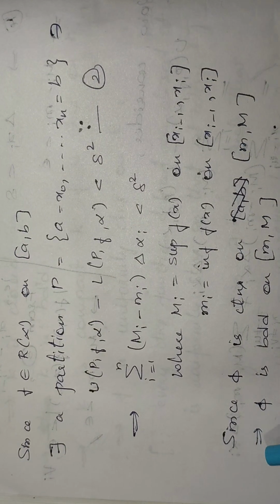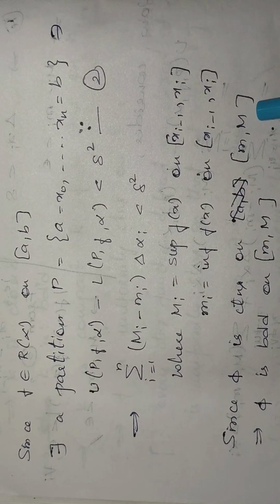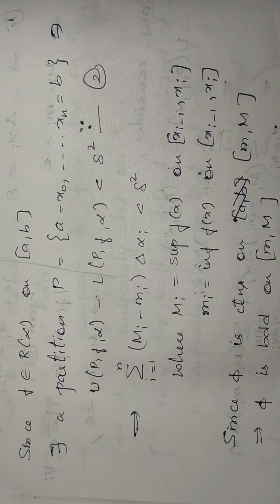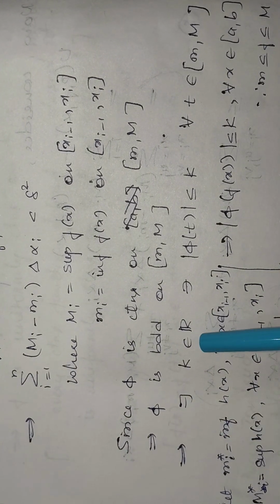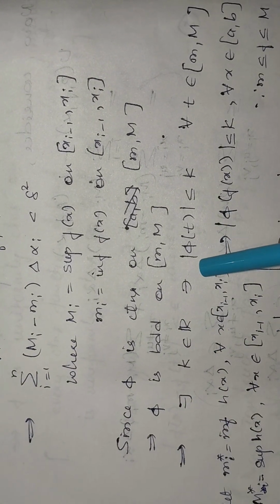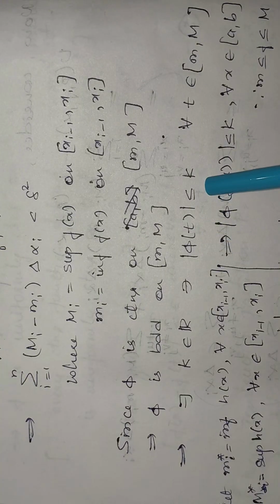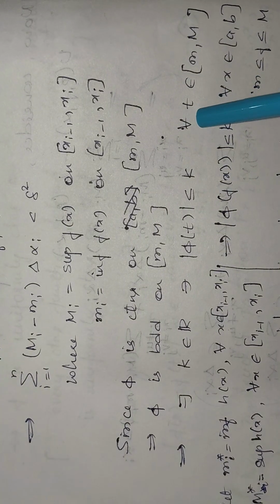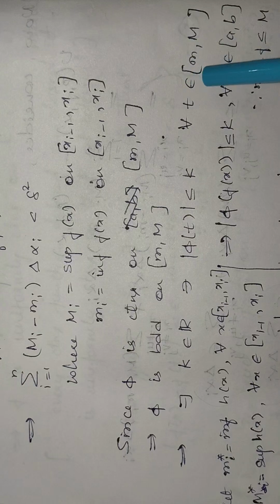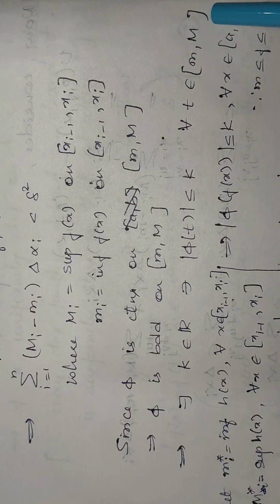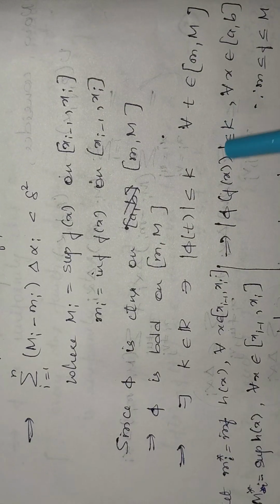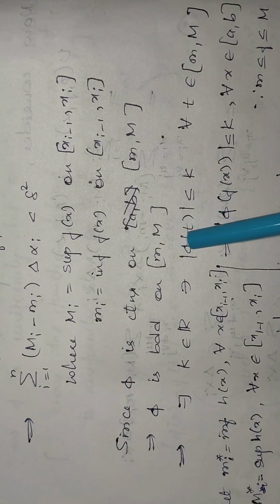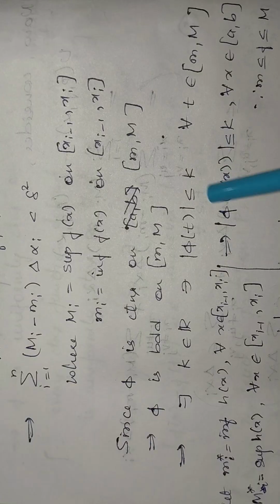And since phi is continuous on closed interval m comma M, phi is bounded on closed interval m comma M. Okay, since it is bounded, see here, there exists k belonging to R such that mod phi of t is less than or equal to k. This is for all t belonging to closed interval m comma capital M. And since this is less than or equal to k, see, in place of t, I can also take f of x. Why? Because